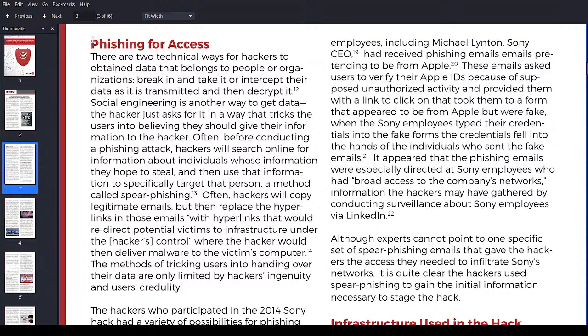So again, I've said this before and I'll say it again. To me, it sounds like Sony got hacked by the most common way, which is phishing. And again, as you know, phishing is the act of pretending to be someone within the company, or maybe some sort of IT guy from an internet provider, or some other service that has a connection to the company, and you trick the employee into giving you the credentials with his password, right? And once you get those credentials and his password, you've got his account, and the account itself is all dependent on the access that the company gives them and the importance of the person.